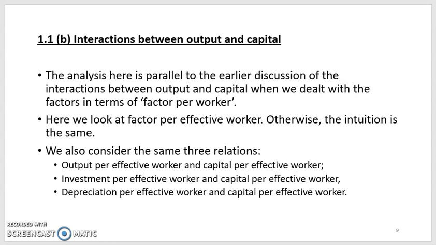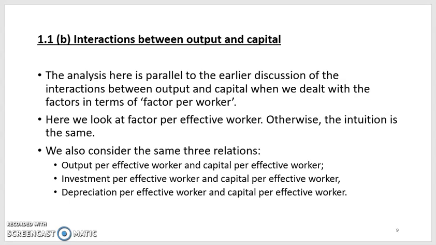So in chapter 11, if we could do a brief recap, we looked at the dynamics of output per worker and capital per worker. Here we will look at the dynamics of output per effective worker and capital per effective worker. If you remember, in chapter 7, we characterized the dynamics of output per effective worker using a figure that showed us three